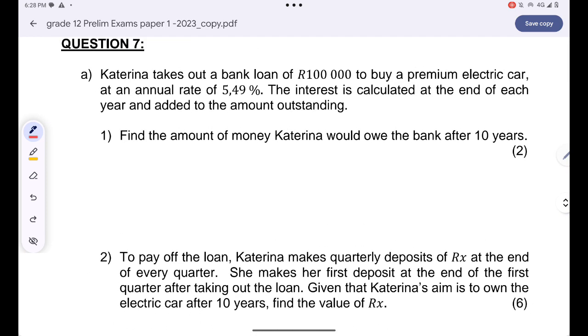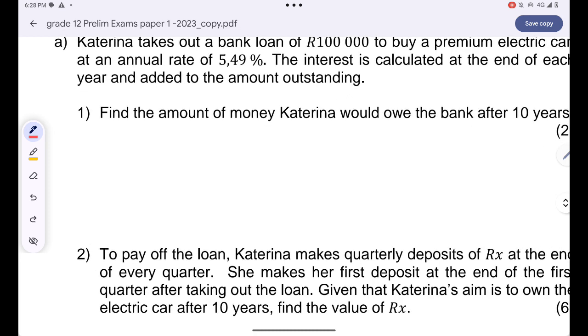So the bank, guys, is taking a risk by lending Katrina some money. So the bank will be repaid its money and it will receive a reward. That reward is called interest. Are you together? Our interest will be calculated once a year, at the end of each year. So I want to know the future amount that Katrina will be owing, because right now the bank gave her 100,000 rands. And we are told that interest is calculated only once a year.